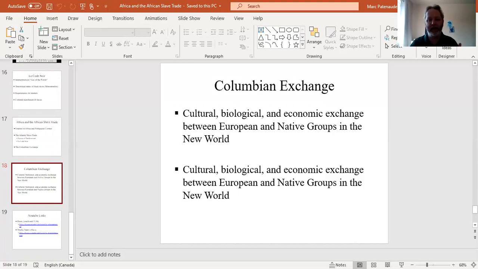Economic exchange, that's relatively straightforward. I have a gun, I will trade you 5 pieces of silver for it. Done. That's your economic exchange. Cultural exchange is the one that normally trips people up. Whenever you meet somebody from a new society for the first time, so let's say you are traveling from Regina, Saskatchewan to Oslo, Norway, or